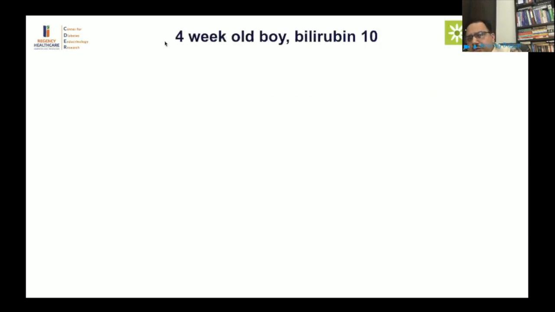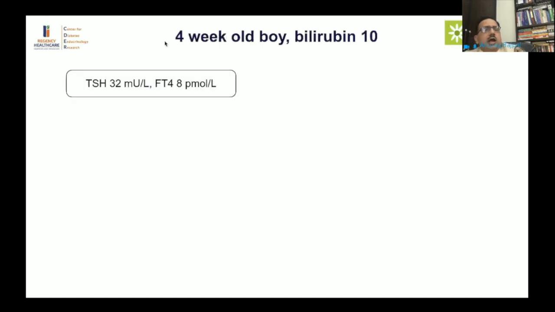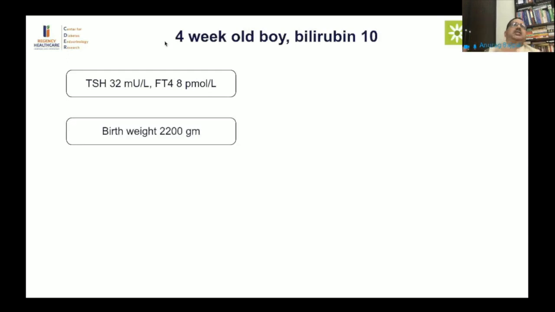4-week-old boy who now presented to us with complaints of prolonged hyperbilirubinemia and was found to have hypothyroidism. So you made a diagnosis that this is hypothyroid, but parents are really angry because this child actually underwent a neonatal screening, and the neonatal screening said that there is no hypothyroidism. So what is the possible cause of this apparently normal neonatal screening